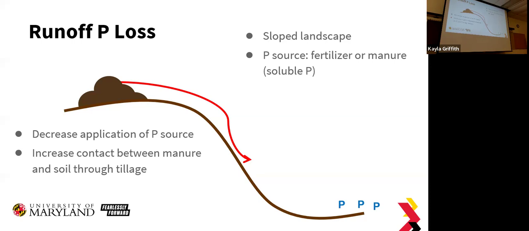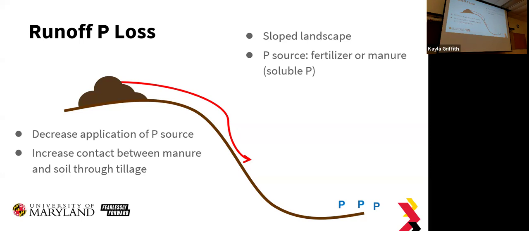So farmers are doing the best they can. Try to time your manure, not when it's going to rain, right? But the other thing we can do is incorporate that manure. Don't leave that really soluble, that really vulnerable source of P just sitting out on the surface there, exposed to a rainstorm, all right? Maybe some type of tillage to increase that contact between the manure and the soil to hold on to that